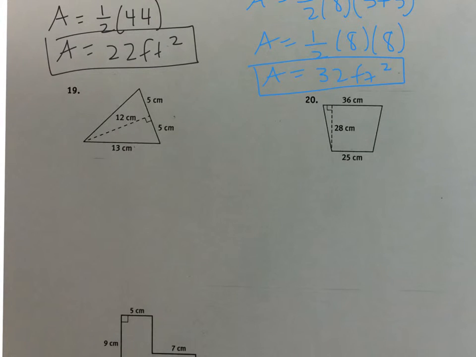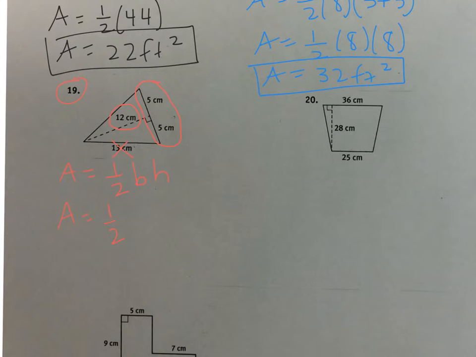All right, now this triangle in 19 has multiple things going on, but the base and the height are always perpendicular. That means the 13 is what you probably don't need. Let's look. There's our base, there's our height. I don't think there's really any other way to look at that one. So you're gonna go 13, you don't need, area equals 1/2 the base times the height,